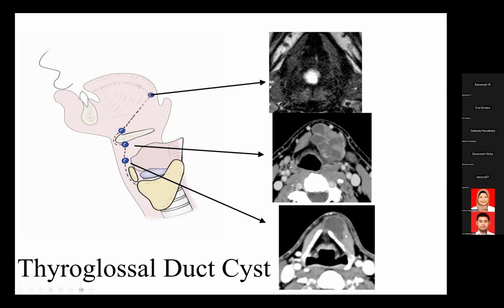Another example here, a thyroglossal duct cyst. It's anterior midline. It's unilocular. But notice how it's embedded in the strap muscle. So the surgeons, you all know that the way you make the diagnosis of a thyroglossal duct cyst is